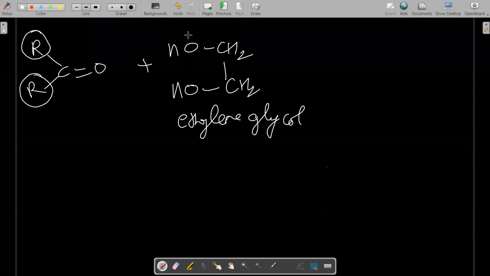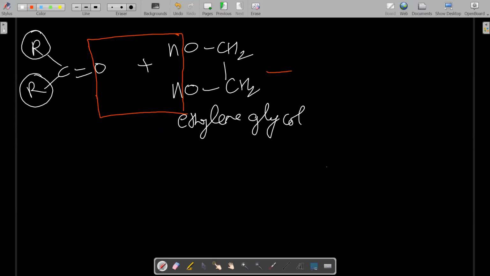I'm not showing the mechanism, but अगर तुम mechanism मन में सोचना चाहते हो, तो you can see this is a negative charge, this attacks this carbon, this is also a negative charge, attacks this carbon, and finally what product do we get? Okay, so in a simplified way, I'm just writing what happens. So when ketone reacts with dihydric alcohol, there is a loss of water. This reaction also occurs in the presence of dry HCl. Okay, loss of water, and we get the final product.